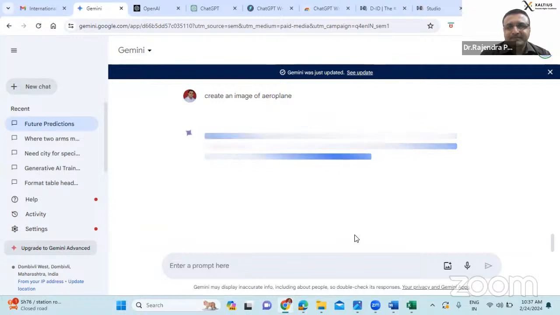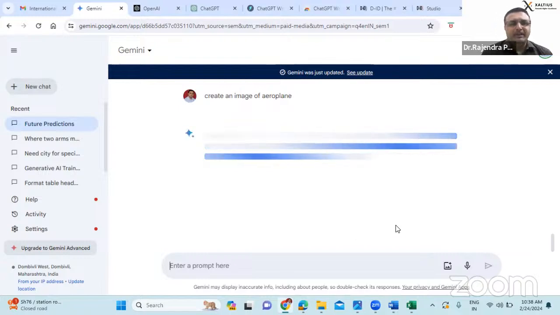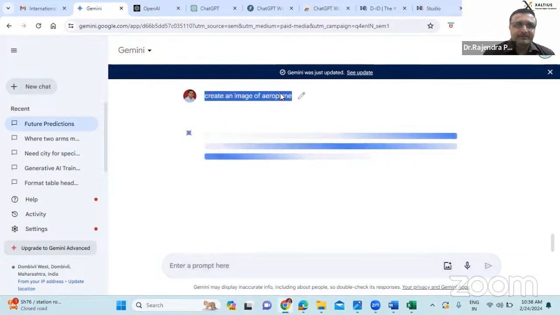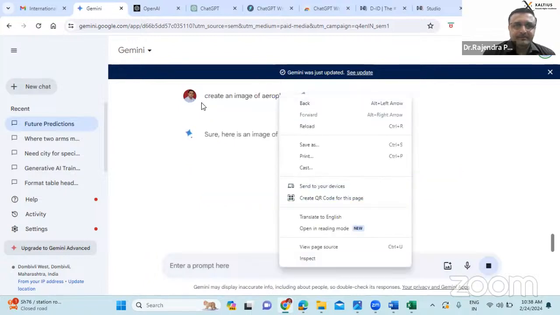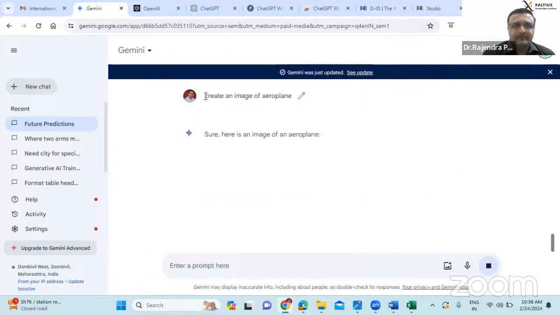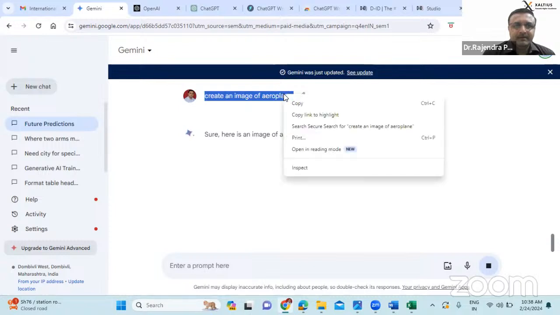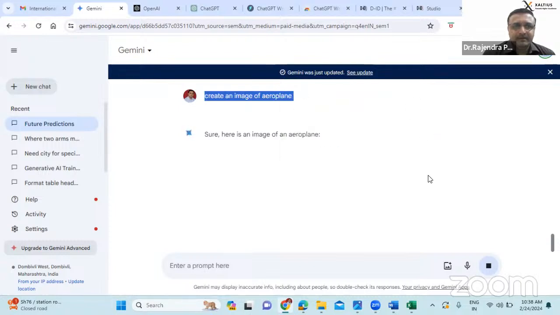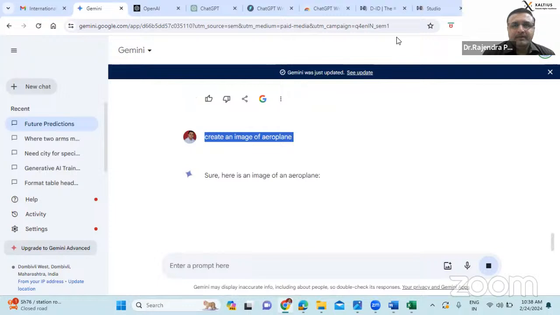Let's see. So nowadays Gemini started creating the image of aeroplane. Okay. If we ask the same thing to ChatGPT, ChatGPT will ask you for money. I will show you that also. So meantime, I'll ask the similar thing.